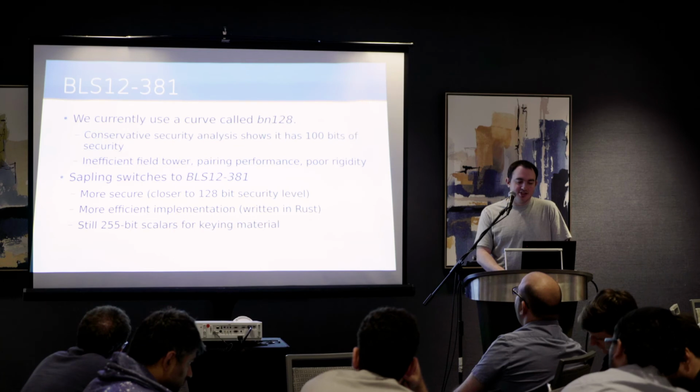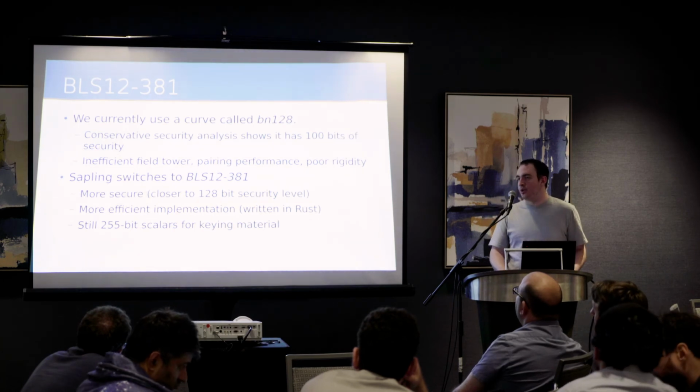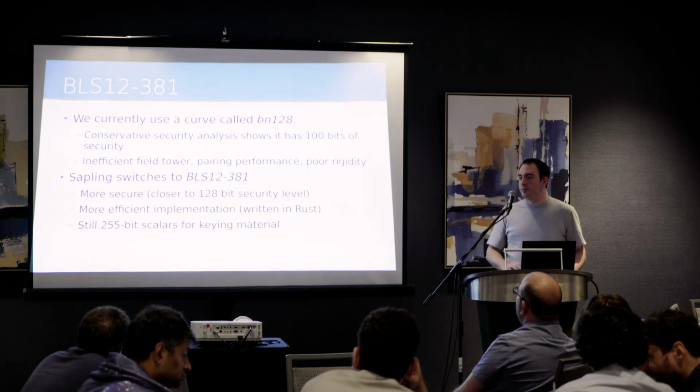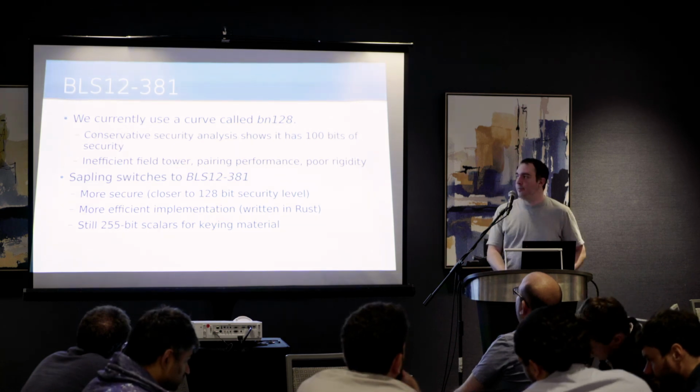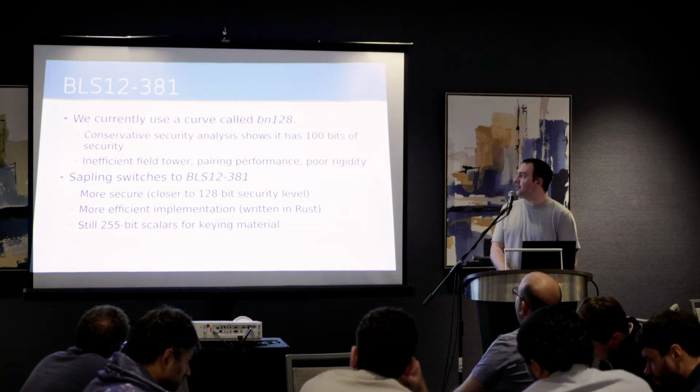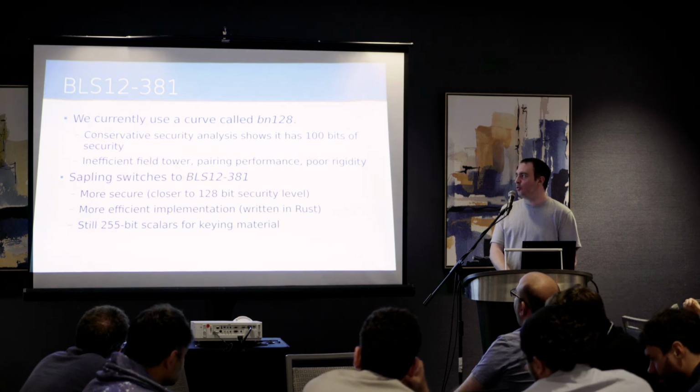So to get us on this way, we have to make some modifications. The first thing is to abandon this curve, BN128. We're going to completely rid ourselves of this curve in the next upgrade. It does have closer to 100 bits of security under really conservative